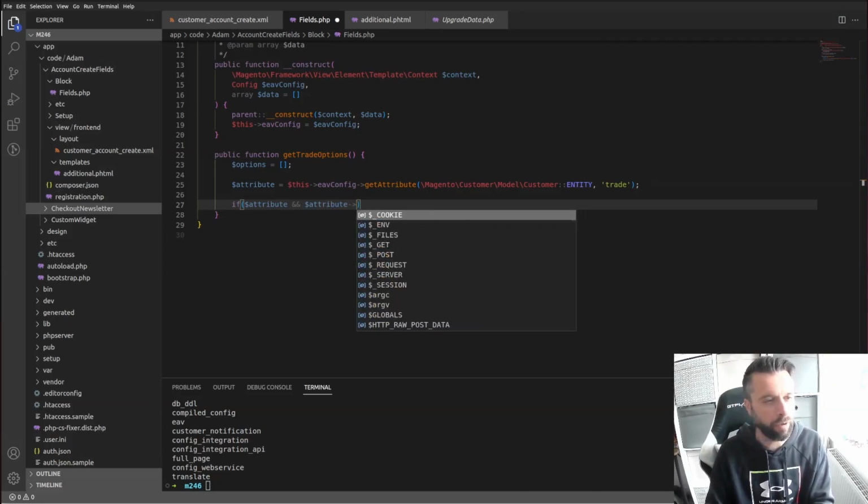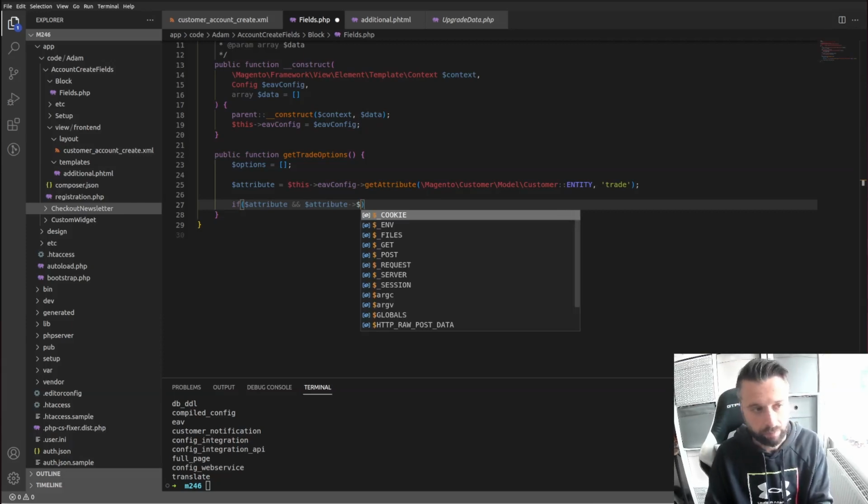Like for example, if you ever remove that attribute using an upgrade script and then didn't update your function or remove your function, you're not going to get any errors. Basically, if it can't find it, it's just not going to do anything. It's not going to run further. So I'll check it exists, and